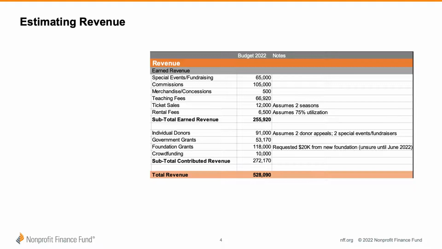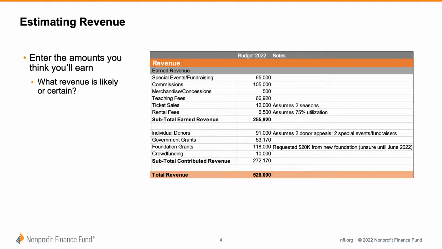We want to make sure that our budget includes only the revenue amounts that are available for usage in the upcoming year. In particular, it should include revenue that is unrestricted and meant for the daily course of operations. In NFF's other resources on budgeting, we go into further detail about how to separate restricted and unrestricted revenue in your budget. Estimating or forecasting revenue also involves making a series of informed assumptions and educated guesses.